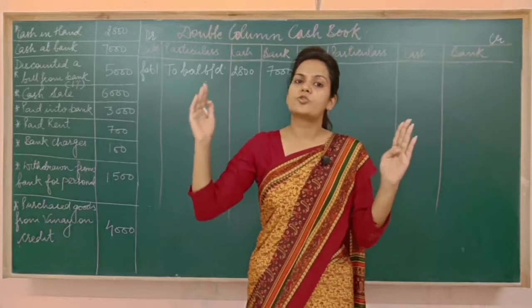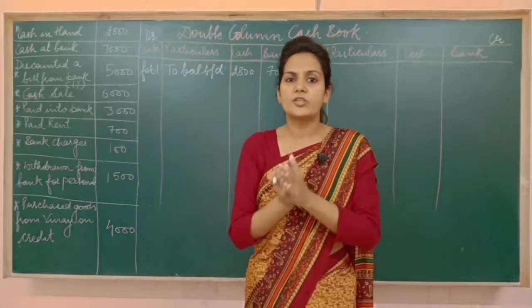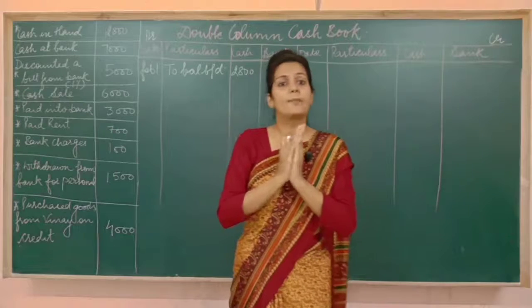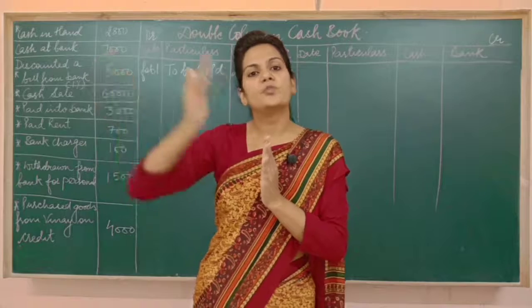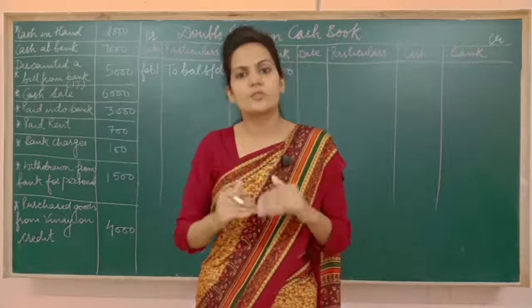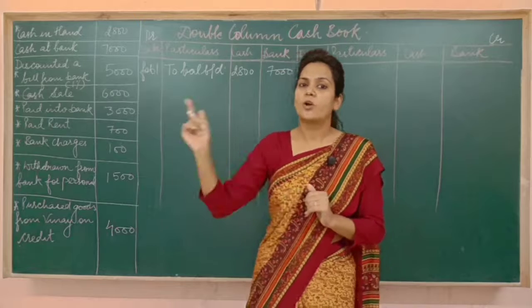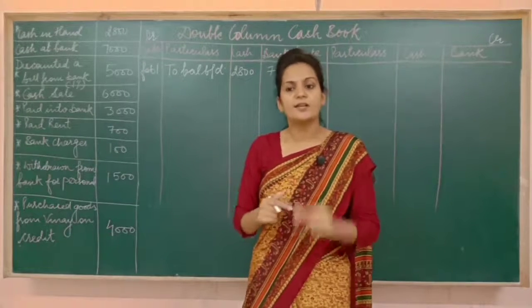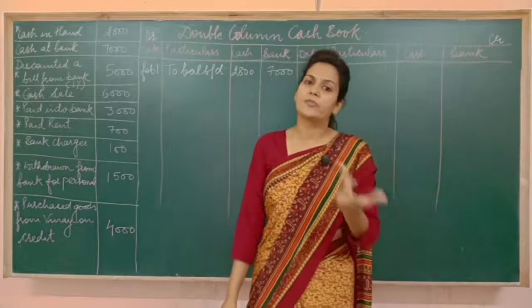Business has sold goods to Ram. Ram is the debtor. Business has given one official document to Ram. In that official document, the date of the transaction and the amount of the transaction are mentioned, and moreover, when Ram is going to make payment to us, this thing is also mentioned. It means I am going to get payment from Ram in the month of March. But as I am in need of cash, what I have done is I have given the same document to the bank and have taken payment from the bank before time.